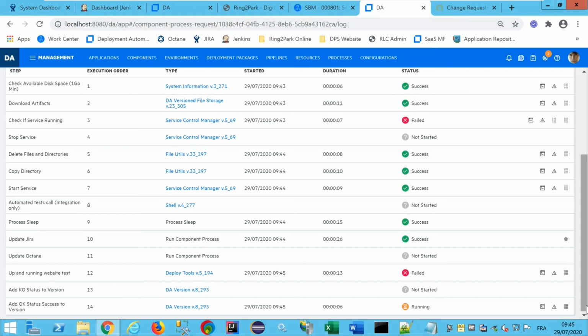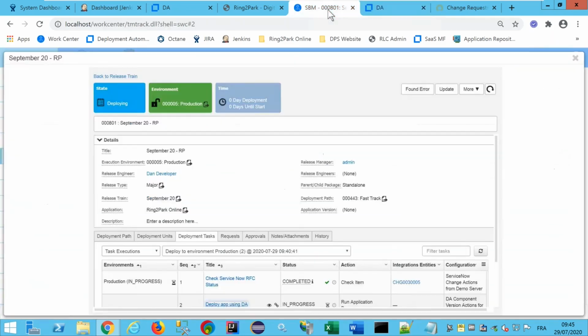So now the deployment is complete using deployment automation. And if we go back to release control and use refresh, we can see the new status of the release package.